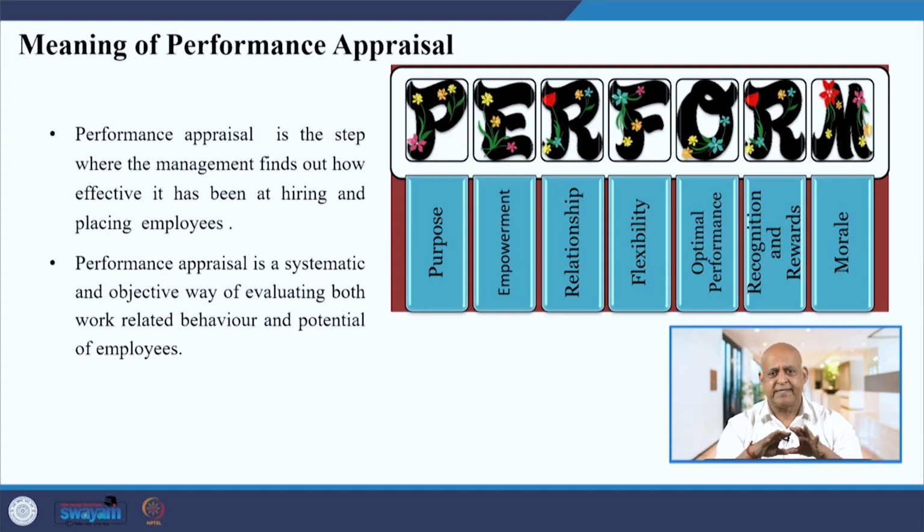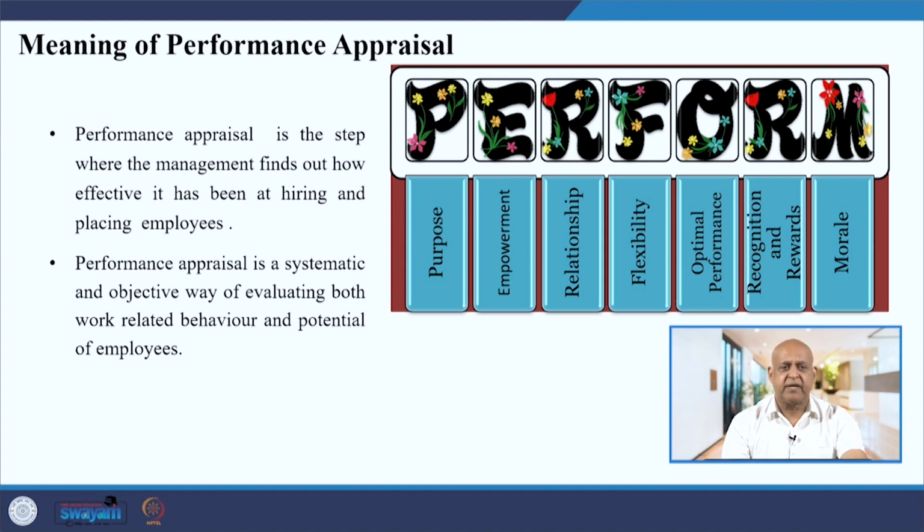Ultimately all these enabling conditions, all this support, what for? It is for getting the performance. When we get that optimal performance, recognition and rewards are provided to the employee, which raises the morale of the employee. Again the employee starts working with double energy, with more enthusiasm, and then his performance goes to the next level. So, right from purposeful to morale,